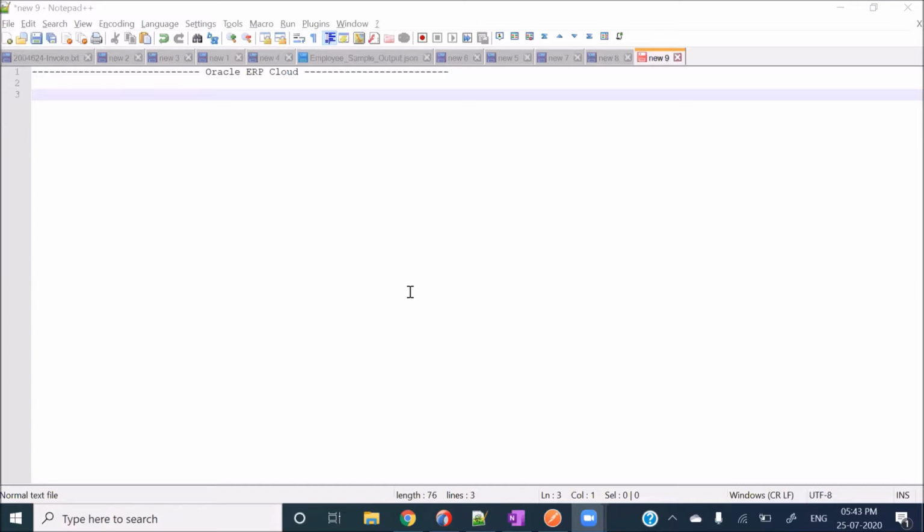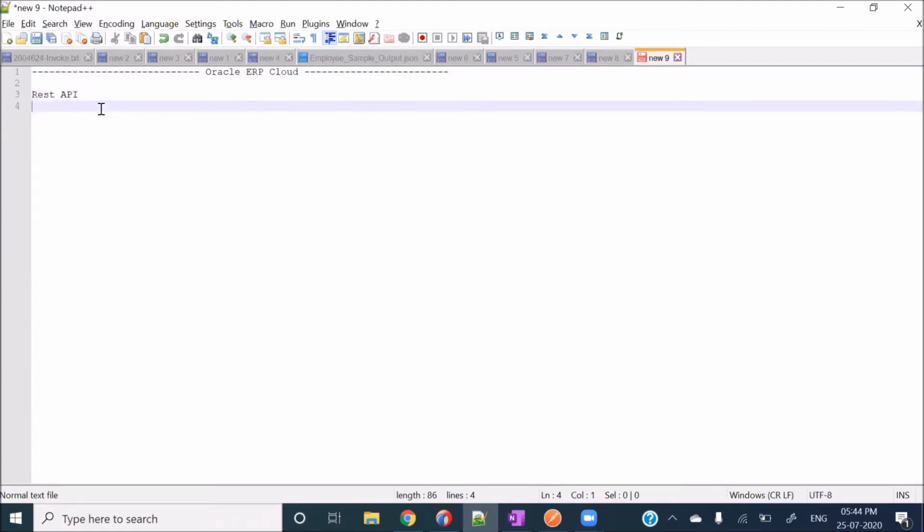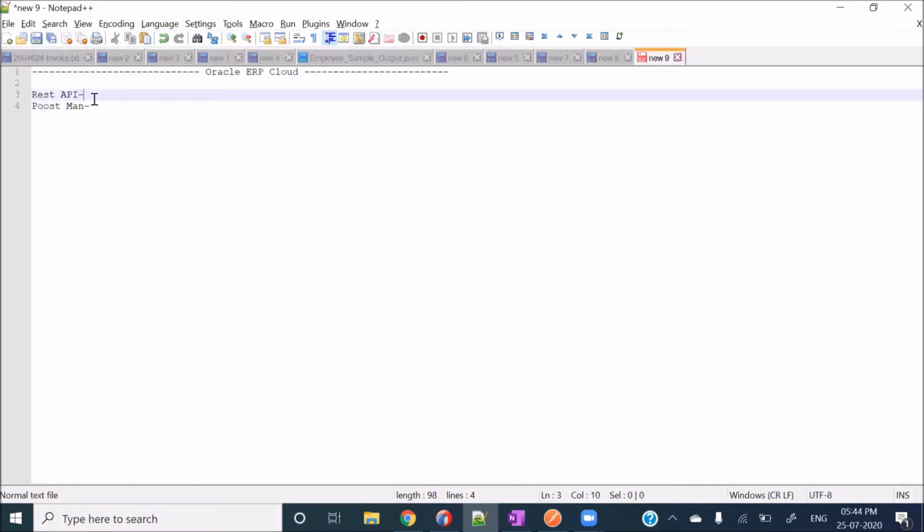So let's talk about not the SOA composite today. I'll talk about the application and the REST APIs. In many scenarios when people are working, they come up with a term like REST API. They want to use a REST API of any of the application. The first question which comes to mind is how we can figure out the REST API for any of the object, how we can test it, what is Postman, and how we can test it using Postman. I will try to resolve a few of the questions regarding REST API and Postman.